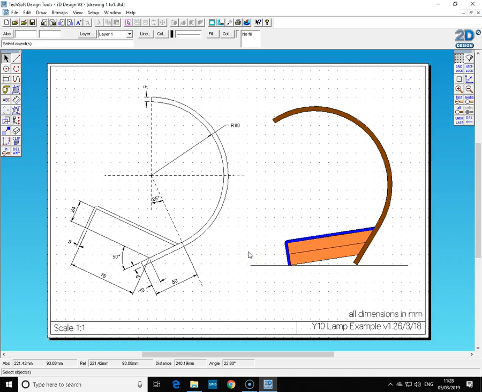Alright, so in this tutorial we'll have a look at creating this design, which is quite advanced compared to your previous drawings. We can see we've got a filled version on the right hand side of the screen, and we've got a line drawing with some dimensions on the left hand side of the screen. So let's get started. We'll create a new design